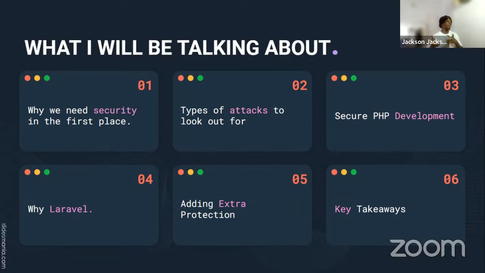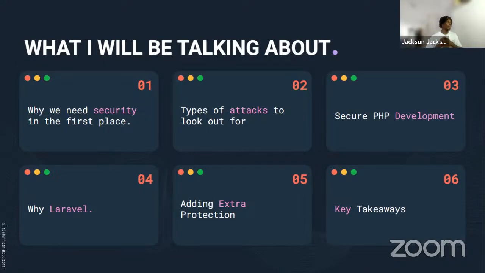Why we need to talk about security in the first place, why your web application needs security, the types of attacks that you should look out for, and when you spot them on your web apps, what you should do, how to secure your PHP development, which has to do not just with your code, but also with your server